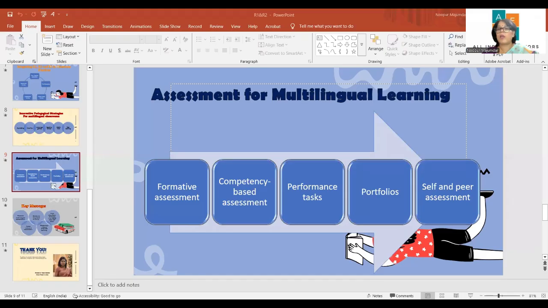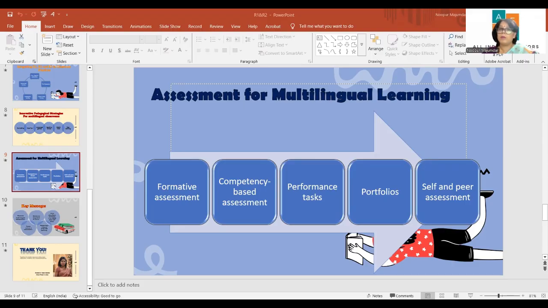So the child needs to analyze, the child needs to justify and think critically. Now, performance tasks. Students demonstrate learning by performing meaningful tasks. Tasks are given. And what can be these? It can be role play, speech, interviews, poster making, storytelling, and group presentation. So these tasks assess communication, collaboration, creativity, and confidence of our learners from time to time.